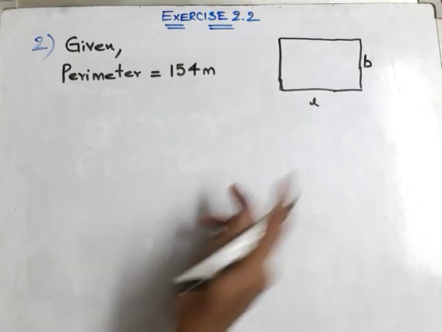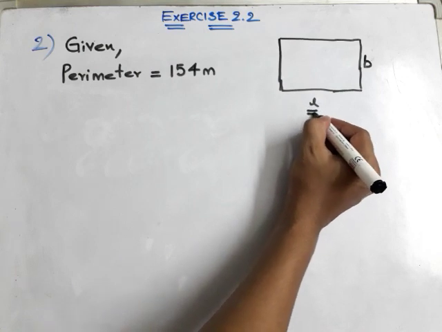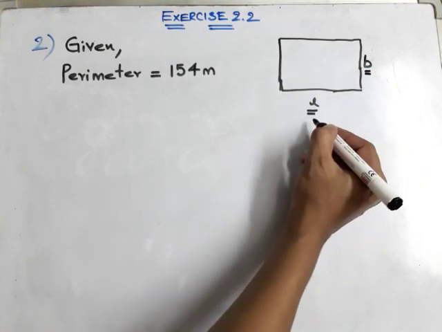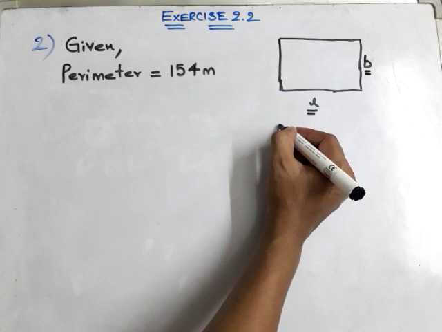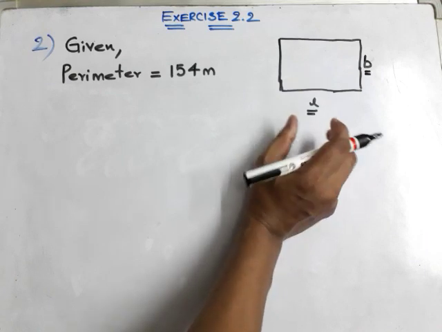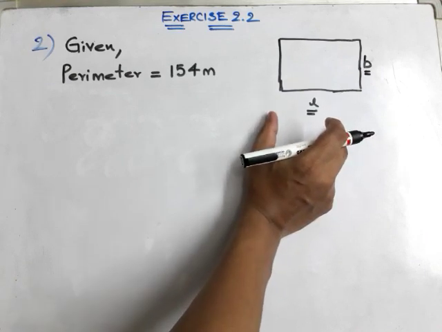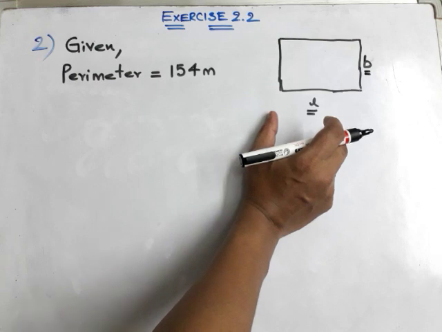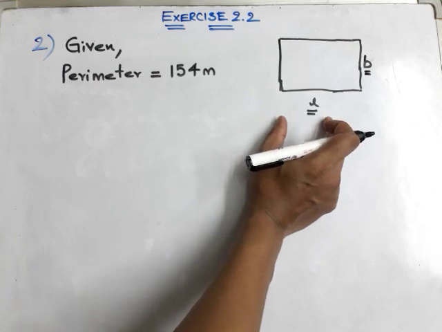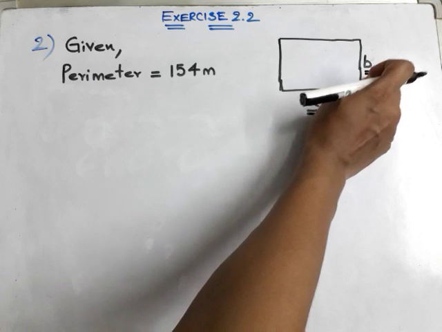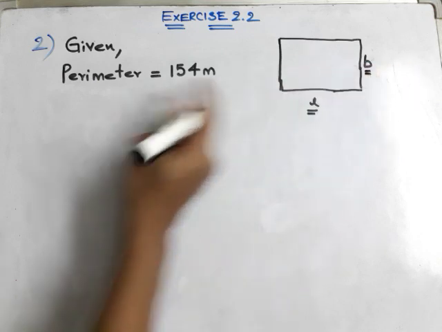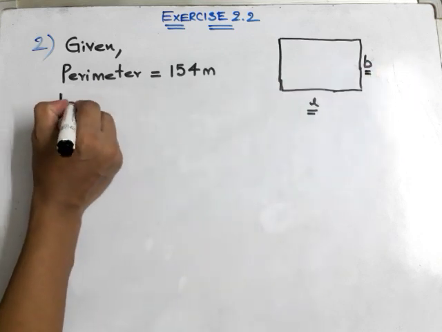So they are giving the relationship between L and B such that length is going to be 2 meters more than twice the breadth. So in order to find this L, what we need to know first? B, because L is dependent on B. As we don't know the breadth, let the breadth be